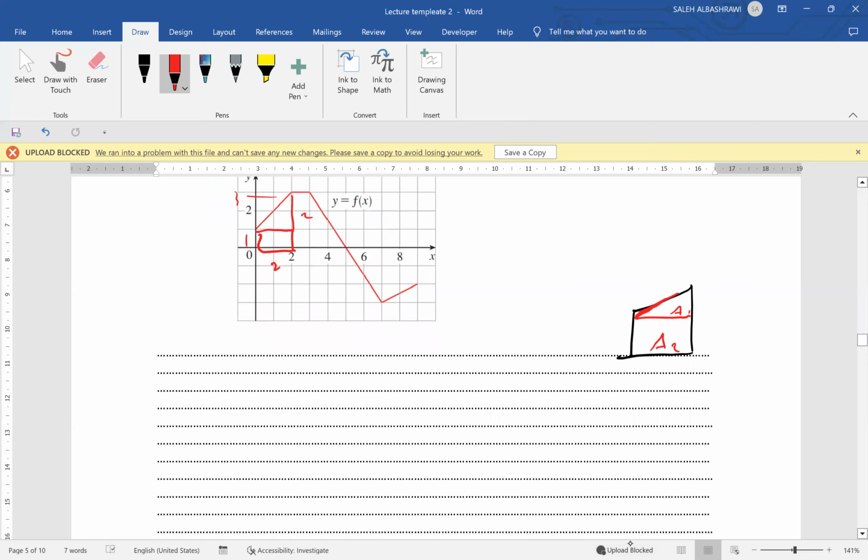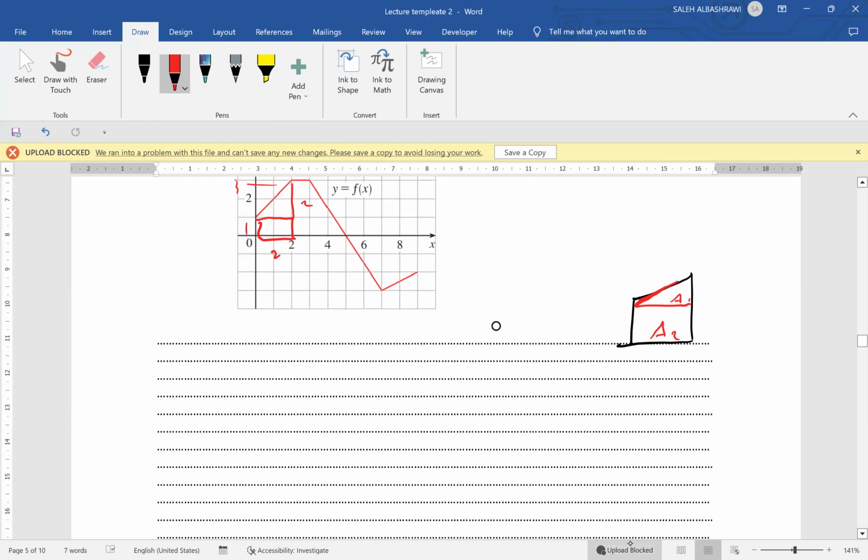And the height of the triangle is, because this point is 3, equal to 2. It means that the integral of this function from 0 to 2, dx, is equal to the area of the triangle, I will call it A1, plus A2. So we have a triangle and we have a rectangle. For the triangle, it is equal to 1/2 multiplied by the base multiplied by the height, plus A2, which is the width multiplied by the length,